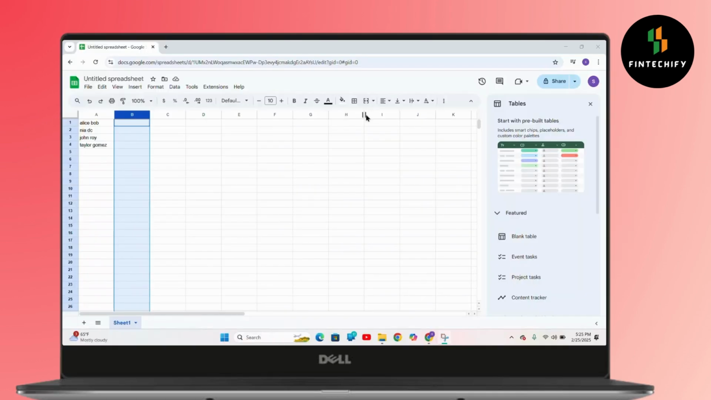So without any further ado, let's get right into the video. I have used some data that includes name and surname. Name and surname is separated using space. Now if you want to split this text using the first name and last name, what you will have to do is there is a